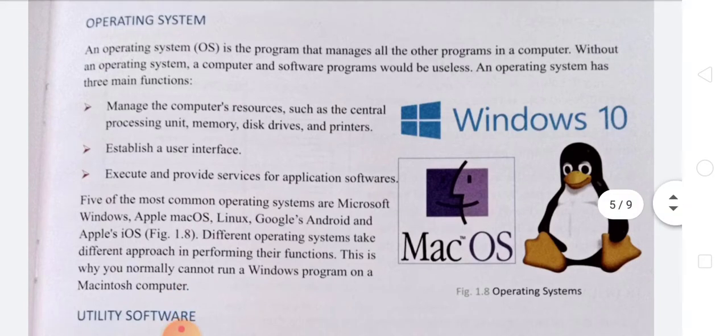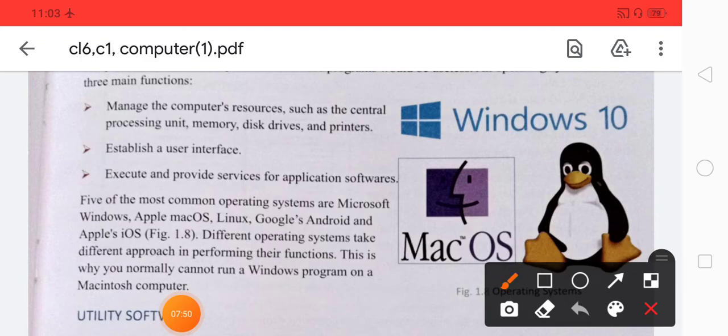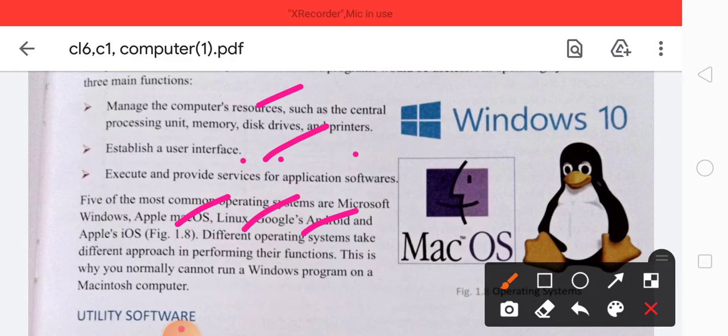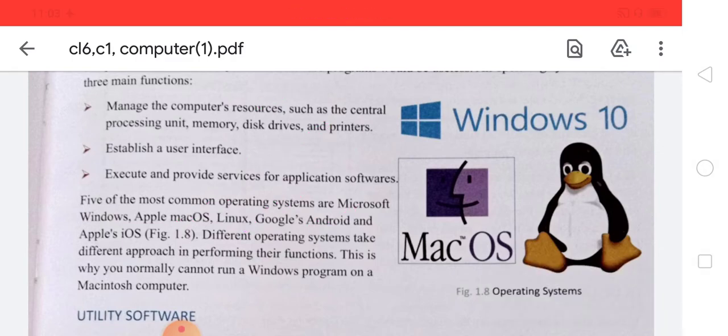You can see Windows 10 is an operating system, Microsoft OS is an operating system, and these are two examples. Its functions are to manage the computer resources such as central processing unit, memory, disk drive and printers, establish a user interface, and provide services for application software. Some of the most popular operating systems are Microsoft OS, Linux, Google's Android and Apple's iOS.